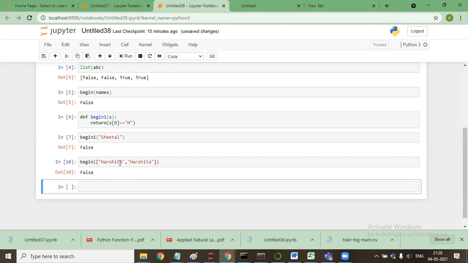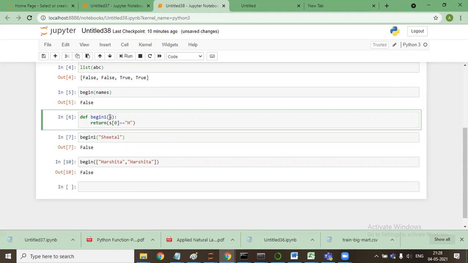Then also it will say false. Why? Because it does not have the capability to parse it. When I mentioned s, I asked it for an element to be applied. It will work on a single element. See the way I have parsed it here.